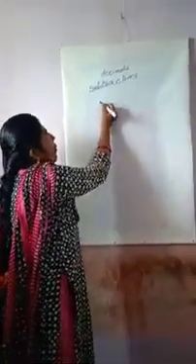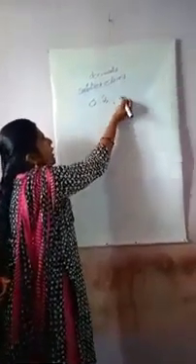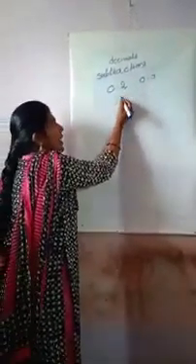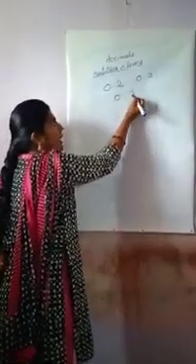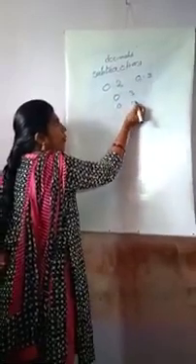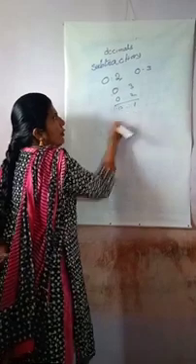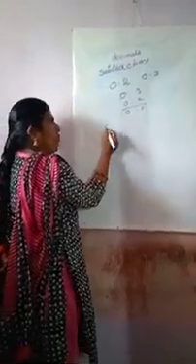Subtraction, children. 2.3, 0.3. So, how to do subtraction? 0.3, 0.2. How much? 3 to 1.0. Second example,